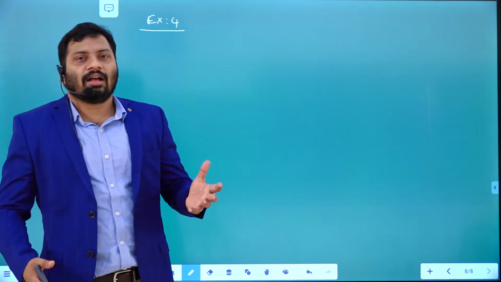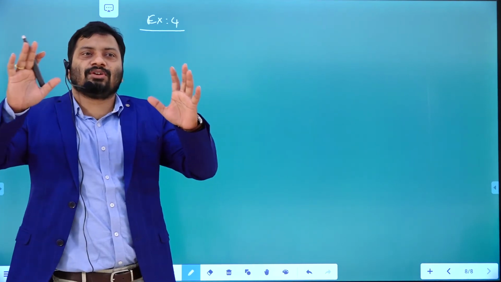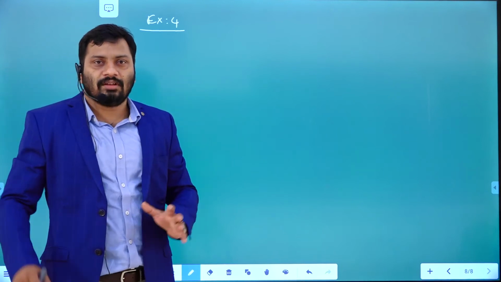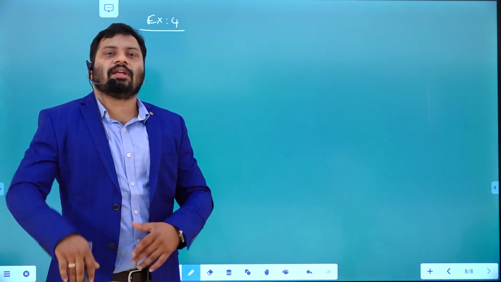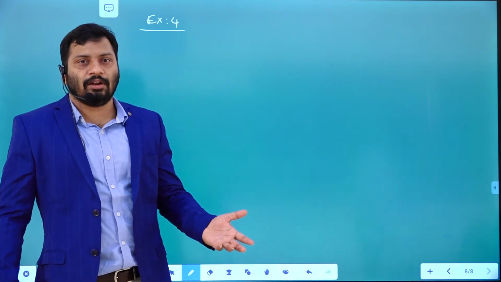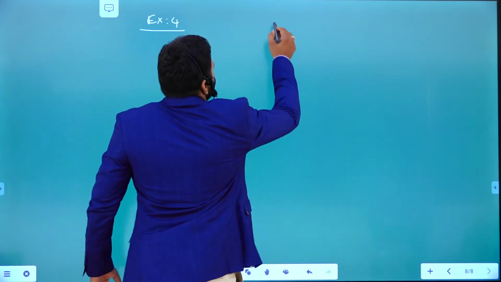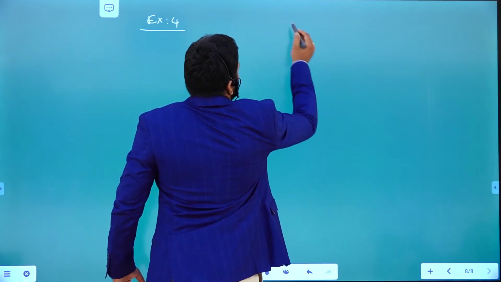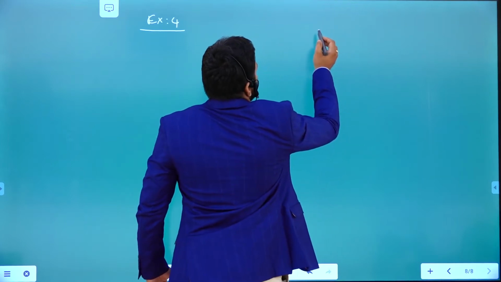You can first visualize the process, then place the sensors and actuators required for the particular operation, then connect the sensors and actuators to the PLC module, then write the program logic for that application. Now we'll see, for example, our application is like this. This is a car spraying application.